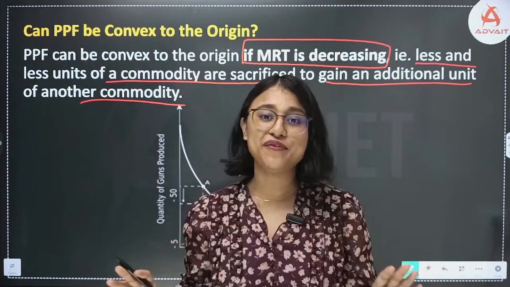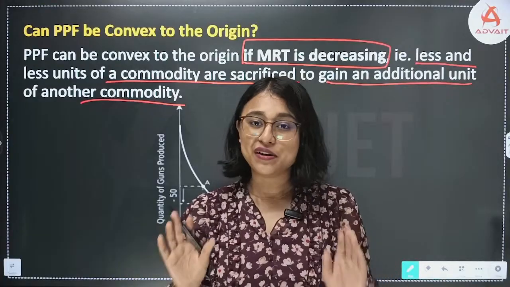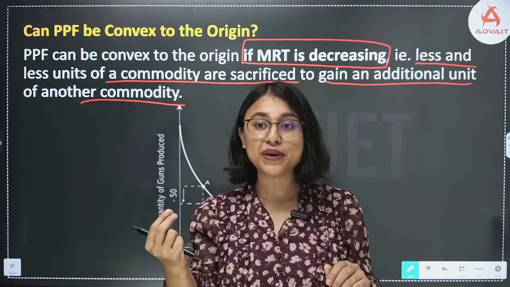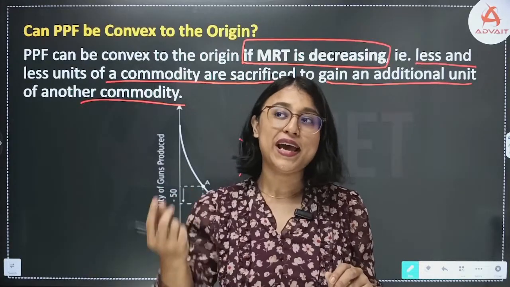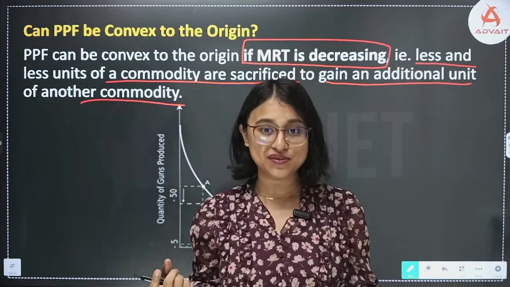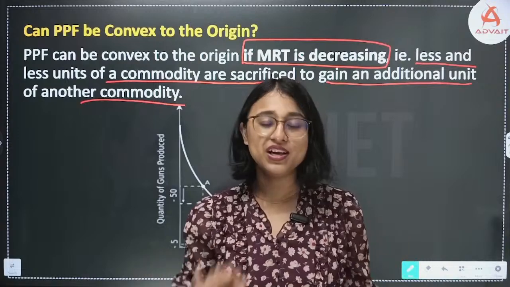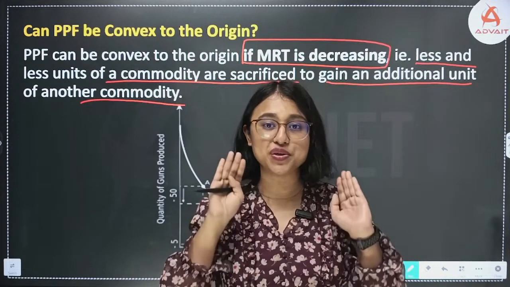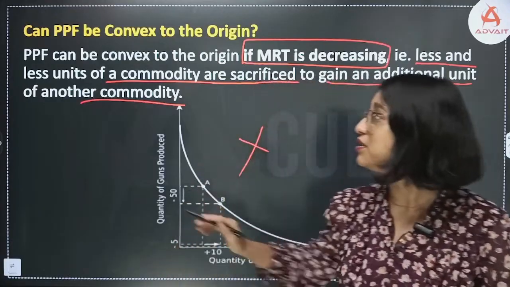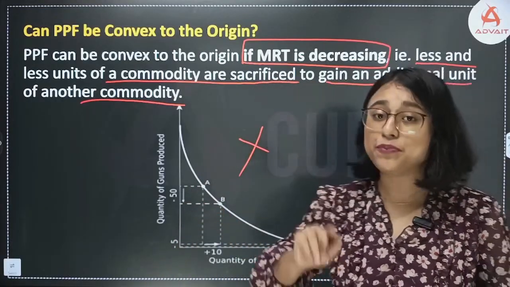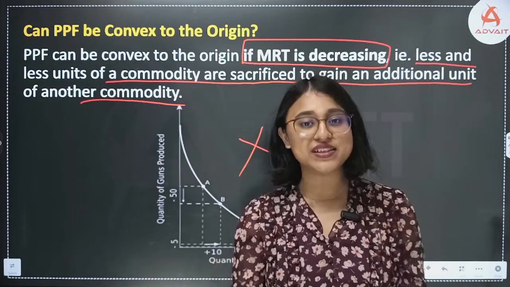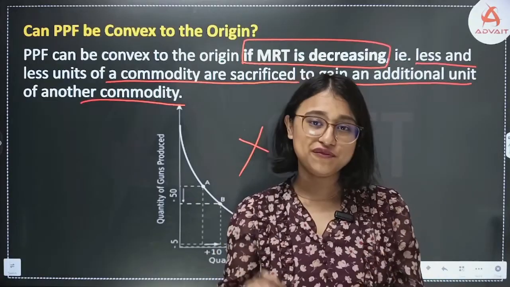Less to sacrifice because the resources are not equally efficient. Some resources are more efficient in producing one good, and one person who produces more of one good cannot produce the same amount of butter, so producing two units of butter becomes impossible. Therefore the marginal rate of transformation, or MRT, can never decrease, and since it can never decrease, the PPF can never be convex to the origin. The PPF will always be a downward sloping curve which is concave to the origin.